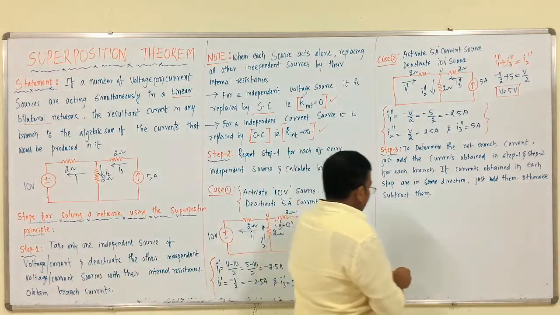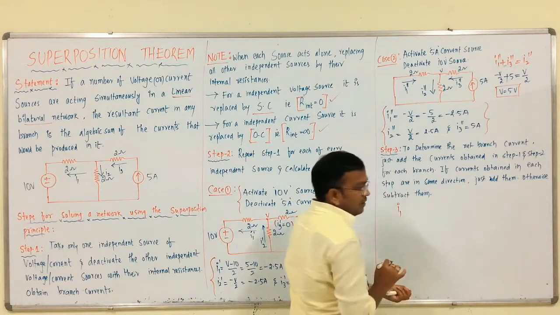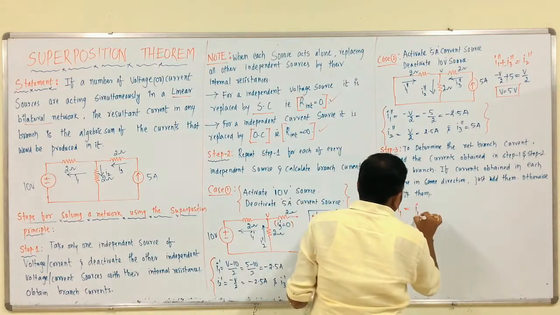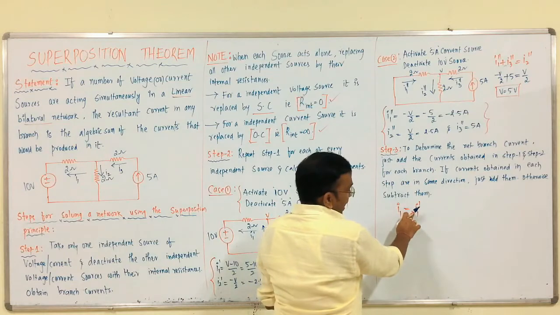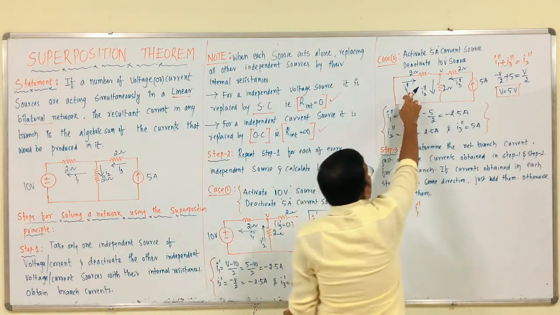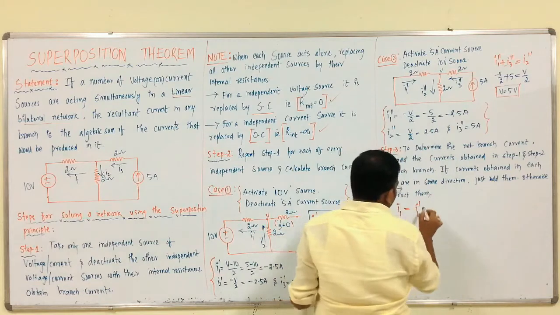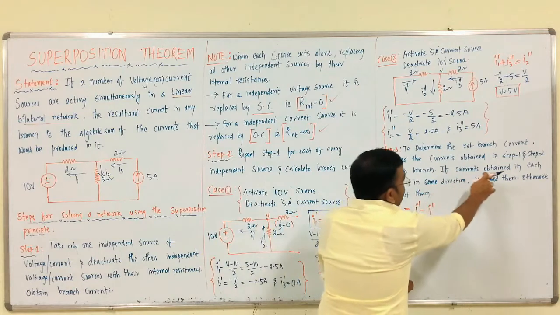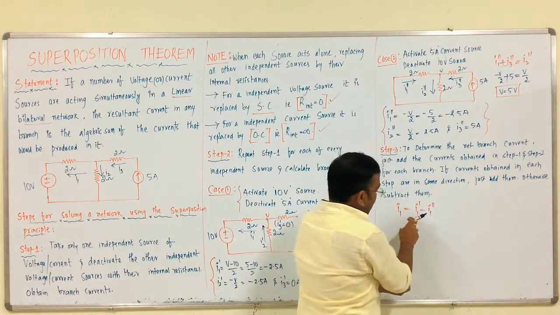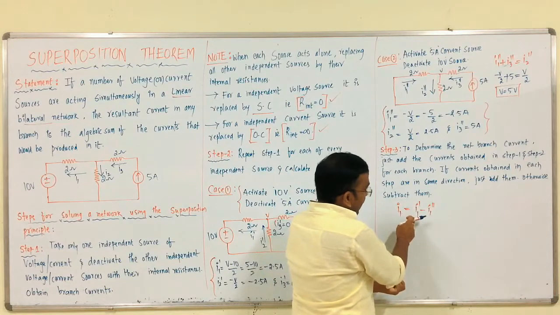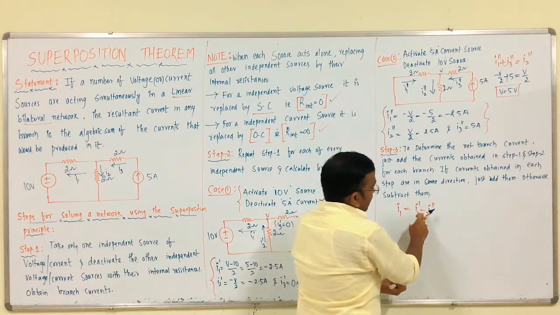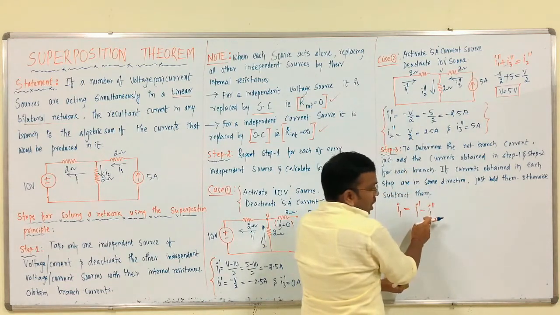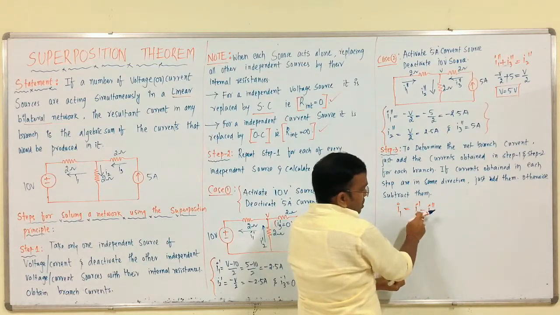Therefore, what is the equation here? To get I1, which equals I1 dash, same as that of I1, so plus, you have to consider as plus. But coming to I1 double dash, it is opposite to that of I1, that is why minus I1 double dash. See, if currents obtained in each step are in the same direction, so this is the same direction as that of I1, therefore it is add, otherwise subtract. See, this I1 double dash is nothing but the current in case 2, which is opposite to that of I1, that is why you have to consider minus.